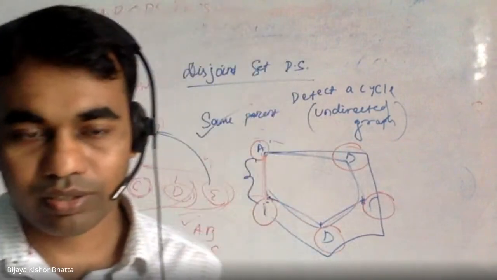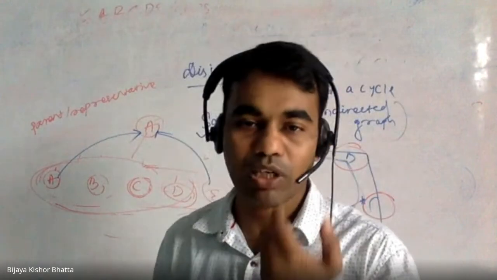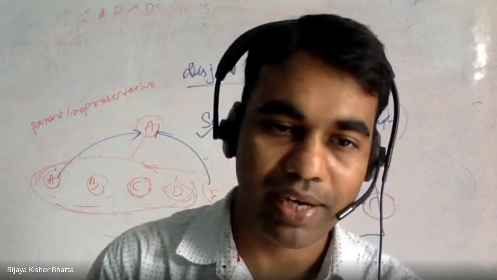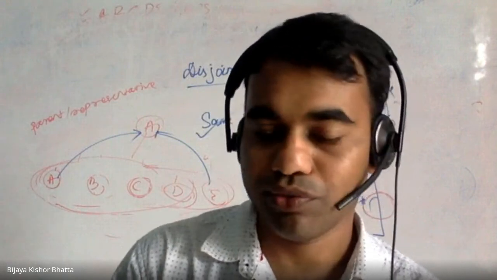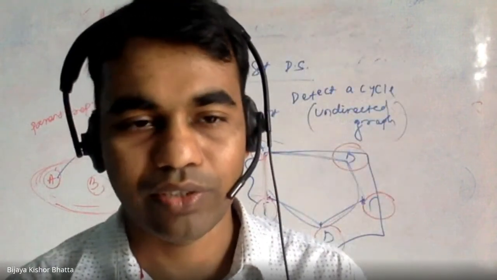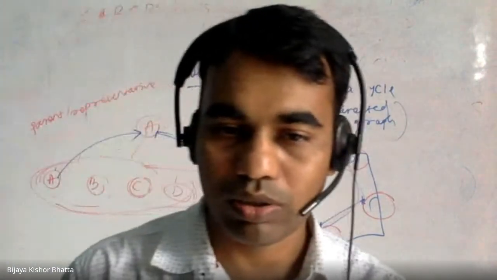Is it okay? I think we will stop it here. So this is the concept: if both vertices have the same parent, then they will create a cycle. I will go into details, no worry. If you have not got it, that is fine. This will give you a background so that you can have a look. In the next class we can cover it quickly.